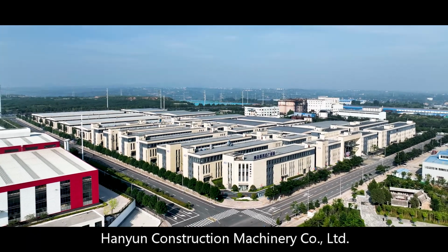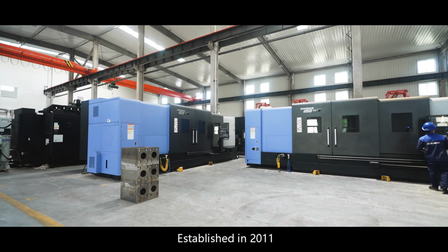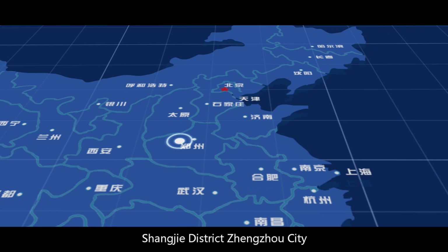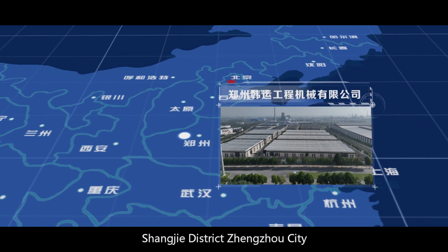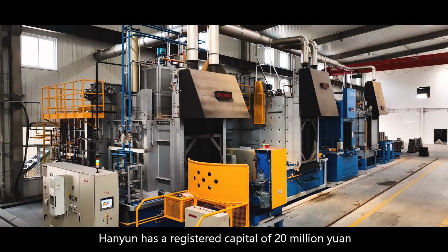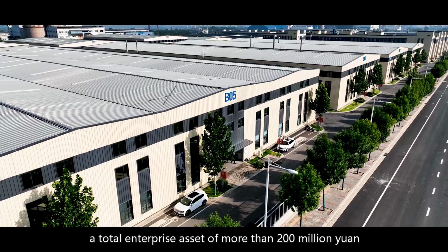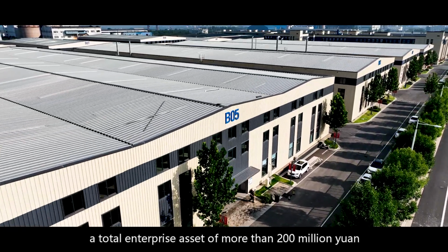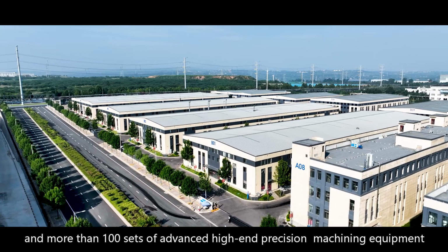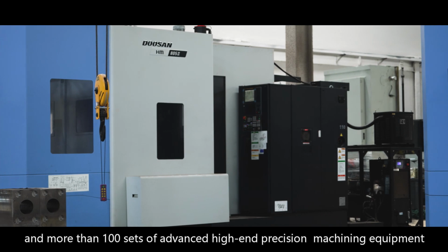Hanyun Construction Machinery Company Limited, established in 2011, is located at number 167 Xuchang Road, Shangjie District, Zhengzhou City. Hanyun has a registered capital of 20 million yuan, more than 180 employees, a total enterprise asset of more than 200 million yuan, standardized workshops of 25,000 square meters, and more than 100 sets of advanced high-end precision machining equipment